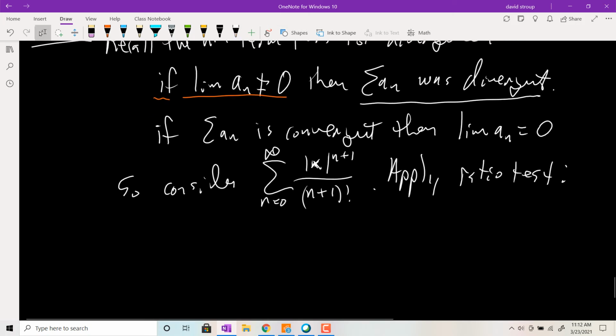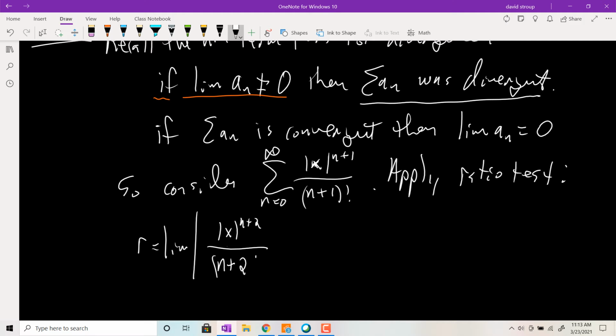For the ratio test, we need an r value, which will be the limit of the absolute value of the terms of that series, a sub n plus 1 version. So x to the n plus 1 becomes n plus 2, all over n plus 2 factorial,